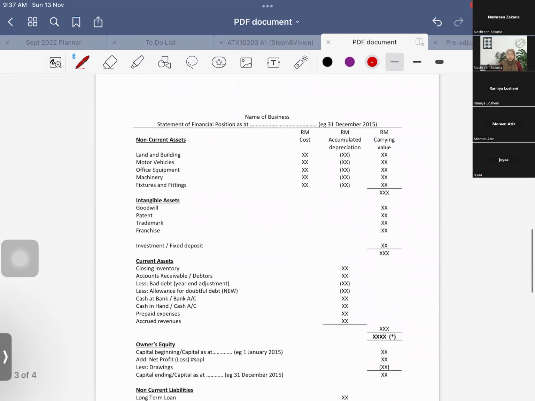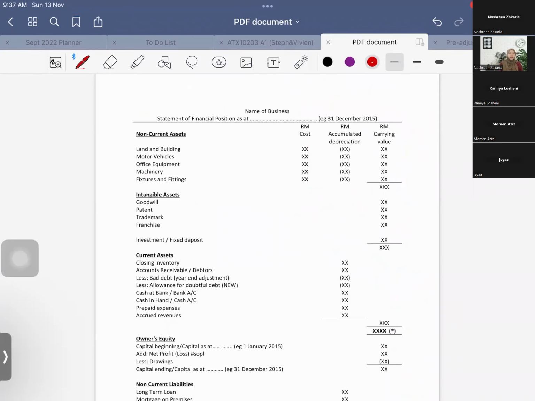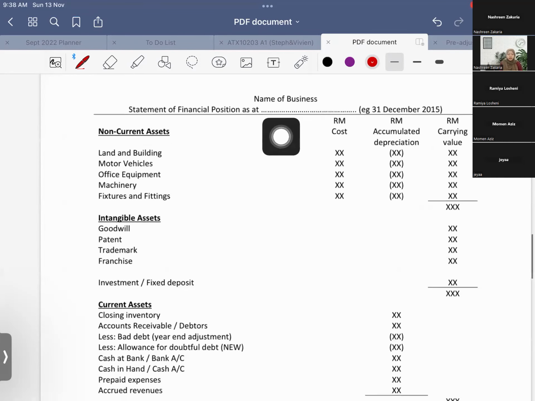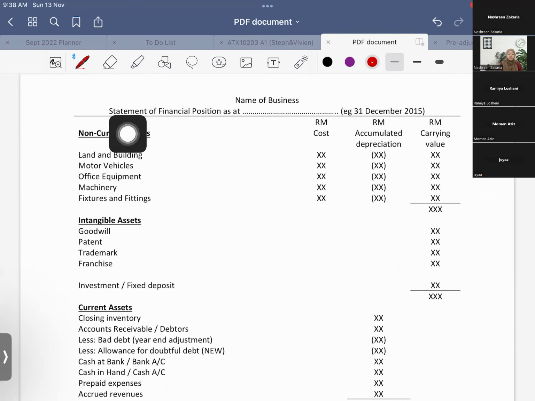Now this is the financial position format. Statement of financial position or balance sheet or SOFP. So look here, still you need to put the name of the business on top of the title. Okay, and then the title itself, statement of financial position as at bila. This is the accounting end period, yeah? 31st December 2015. Normally it is at the end of the year. Normally lah, tapi dia depend on the questions. Kalau question put the accounting period is at the end of the year, then you put lah that 31st December